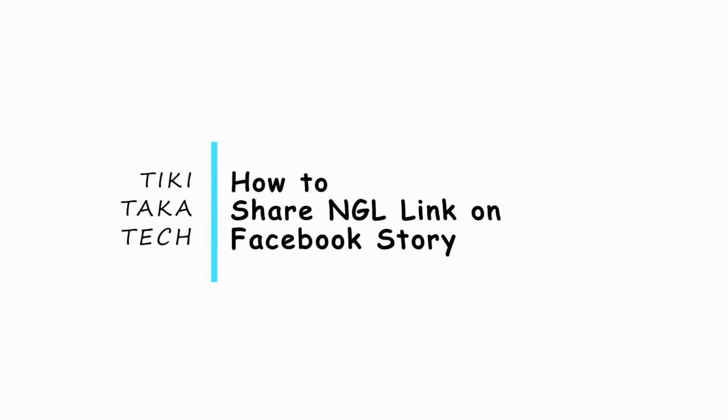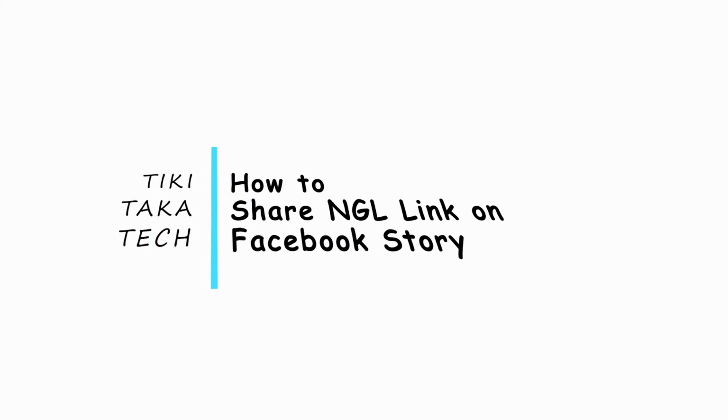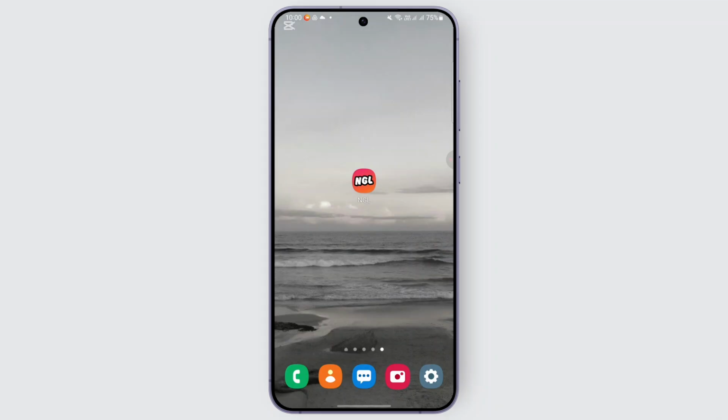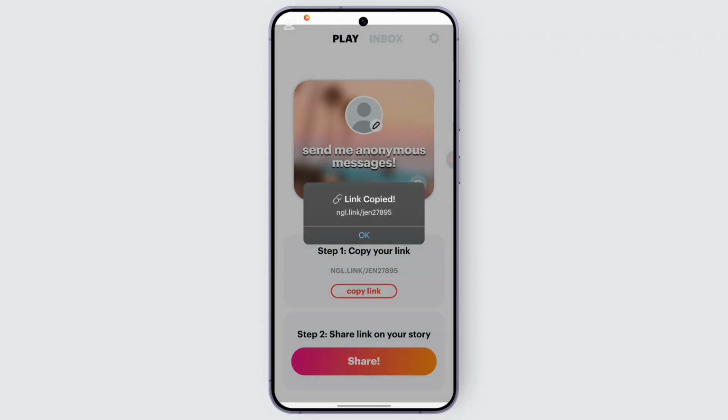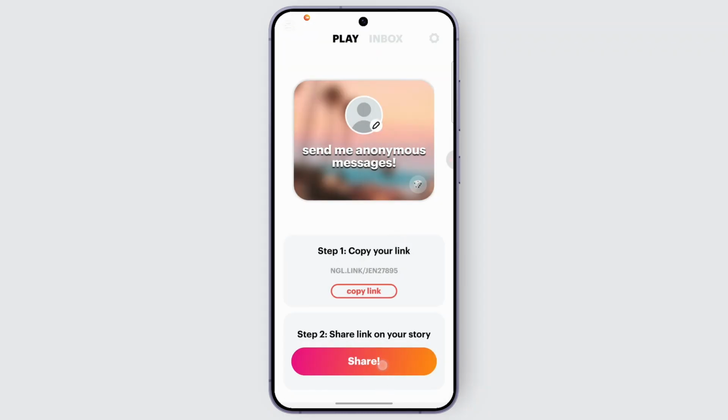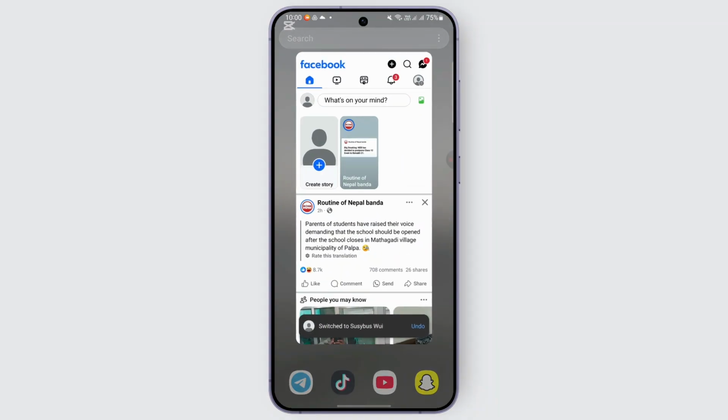Hello everybody, in order to do so, you may follow these methods. So open up the NGL application, and then once you open it up, here you will be finding a link. All you gotta do is simply tap on copy link from here. And once the link is copied, you may go ahead and close the application and move over to your Facebook